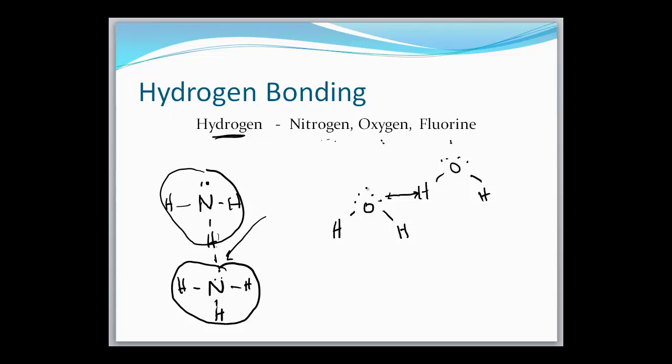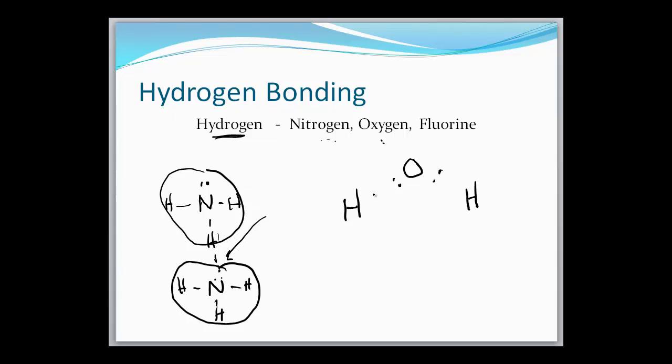So let's talk about what makes this side of the molecule negative and that side of the molecule positive. If you think back to our discussion about electronegativity differences, you'll notice that oxygen has a greater electronegativity than hydrogen. So if we're looking at a water molecule, and I'm going to draw another one here, you've got hydrogen, oxygen, and hydrogen. And they're going to share a pair of electrons here, and they're going to share a pair of electrons here. Well, if you remember back to our discussion about electronegativity, oxygen has a greater electronegativity, so it's going to hold those electrons